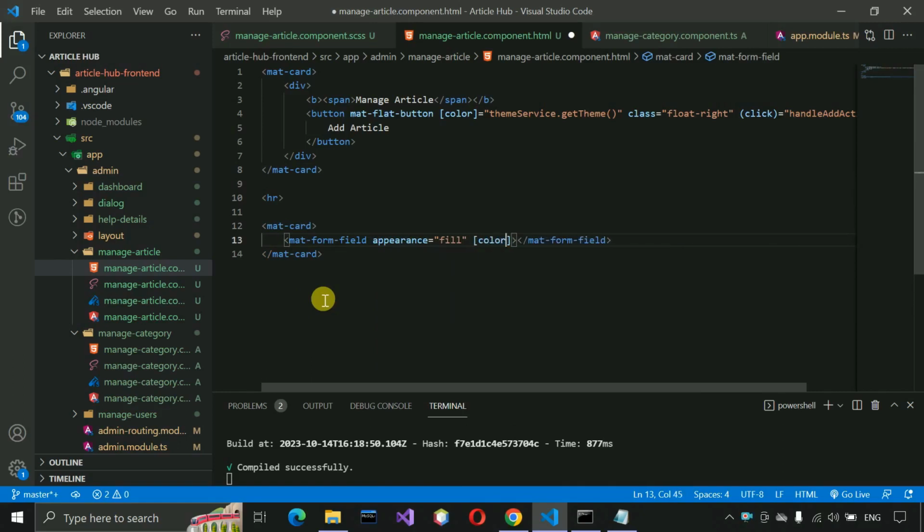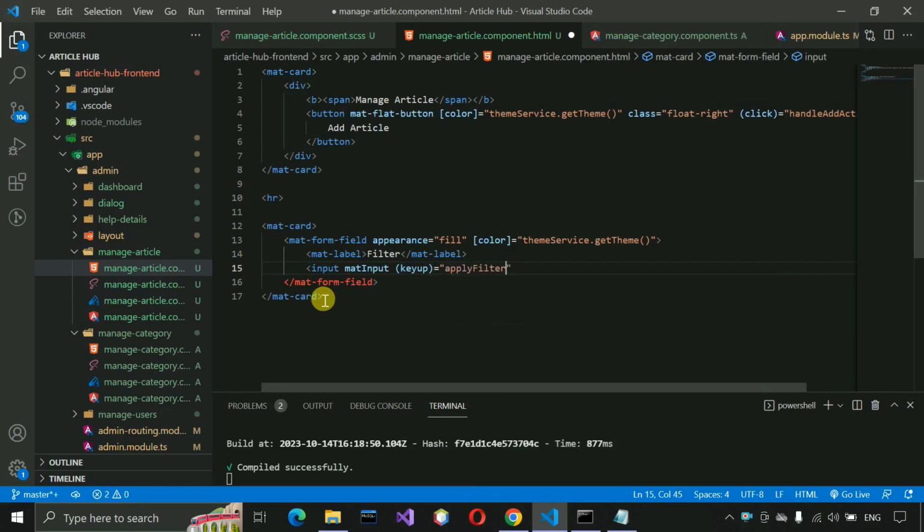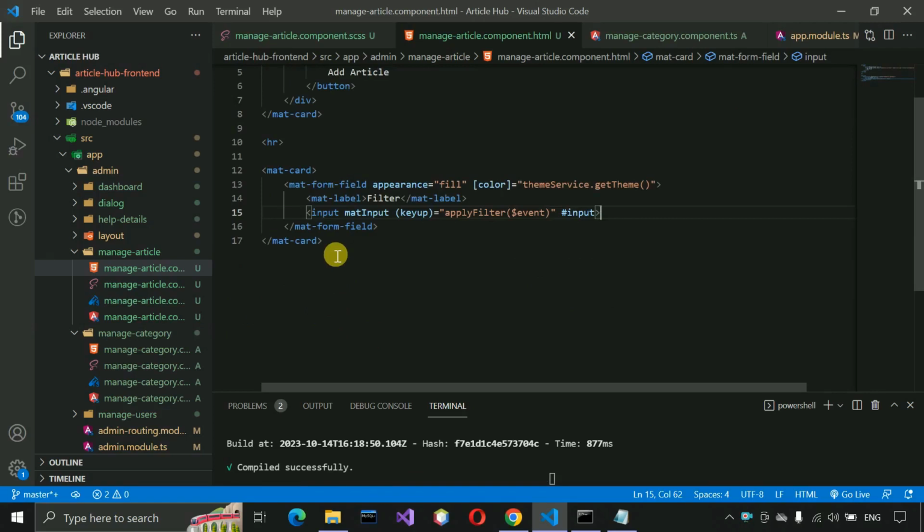and the color will be theme services dot get theme, and inside this one mat label and filter and input mat input, and then we have to call by key up event apply filter, and inside this one we need to pass the event $event, and just after that hash input and close this, and just save this and move outside of mat card